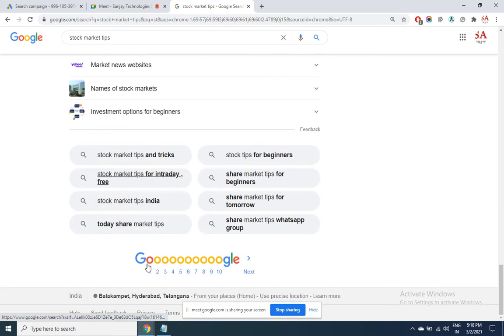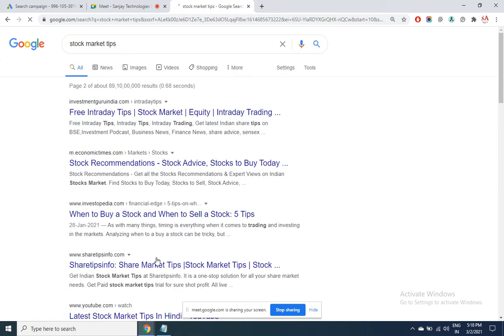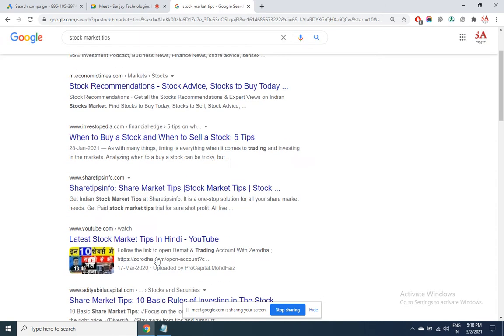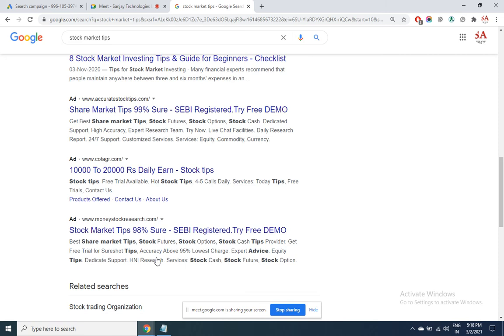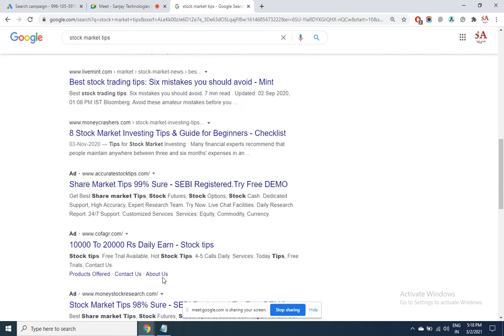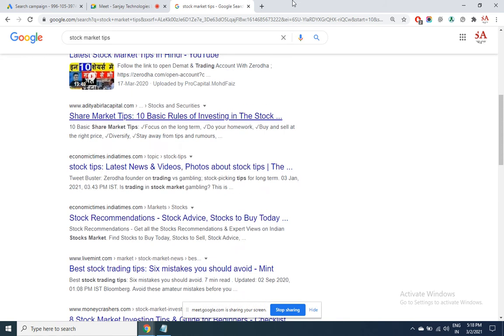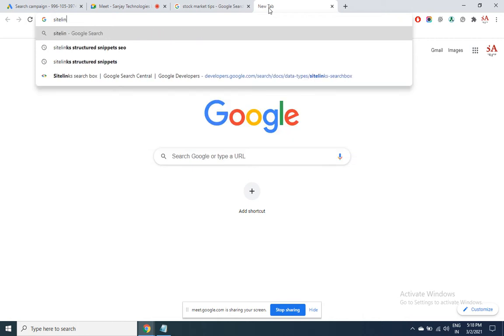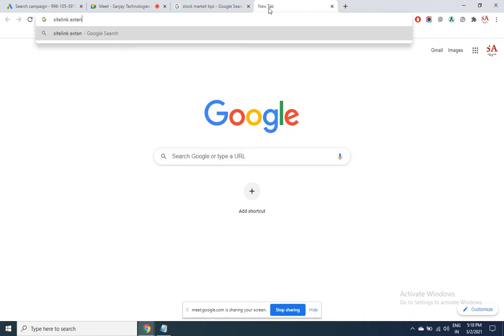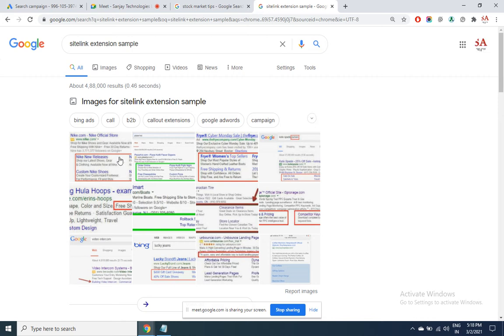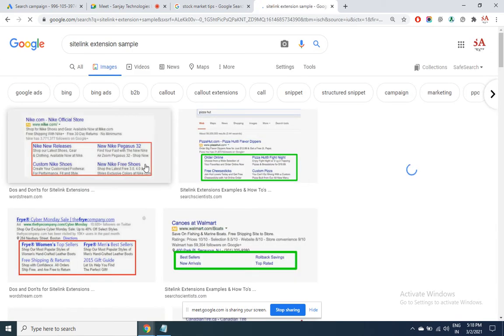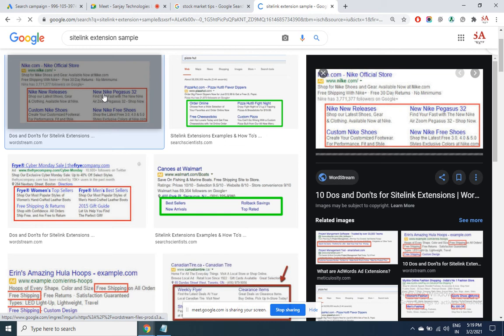So let us see the site link extension. This is a site link extension sample.